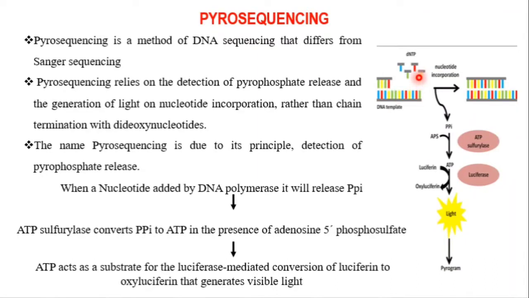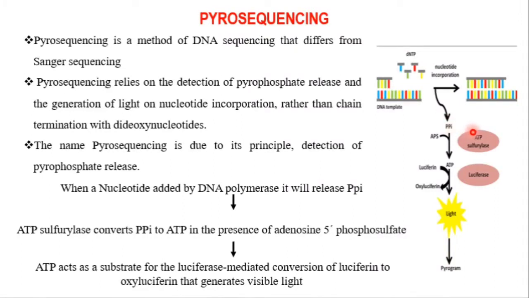When DNA polymerase adds a dNTP nucleotide to the primer, the dNTP will be attached here, and at that time one pyrophosphate is released from this dNTP. And that pyrophosphate